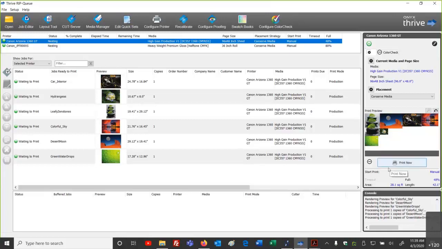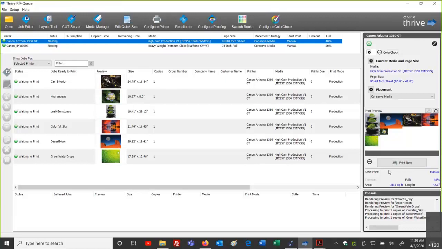So one thing to be aware of is in some cases we are working with bidirectional communicating devices, right? I'm sending my information to the printer. The printer is reporting back some data. In the case of non-bidirectional printing devices, if I send this print queue and I say print now, and I send this information to a front-end controller computer of a printer, and the file is there, and that person calls that up and gets the material set up and says to print now from that station, right? It's a different controller software.